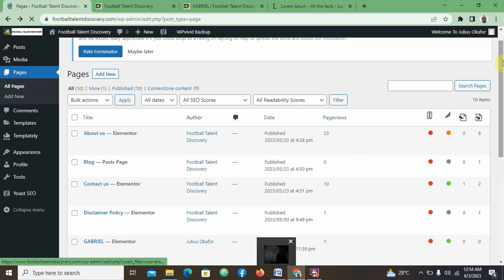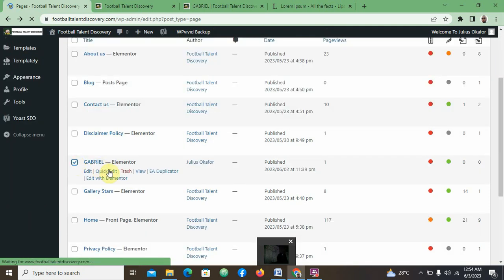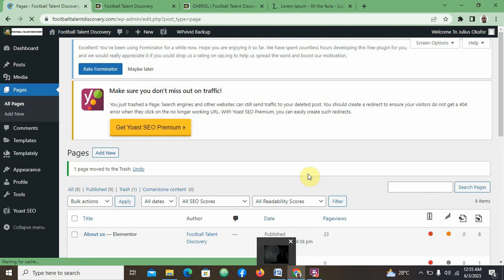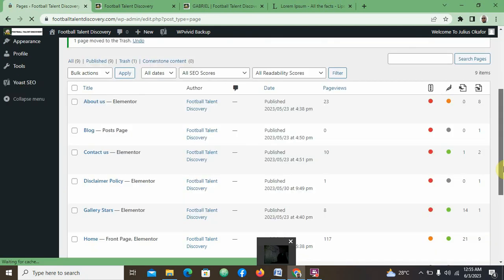First and foremost, I will click here, but this is only one thing I want to delete. Then I'll click here. Now it's not deleting, it's going to trash. The essence of it being the trash is that maybe you mistakenly delete something and you go to trash, you will see it. And you can restore that thing back to your website from that trash. But if you want to delete that particular thing permanently, if you look at now, Gabriel has been deleted among this now. So it's not actually deleted, but it is now